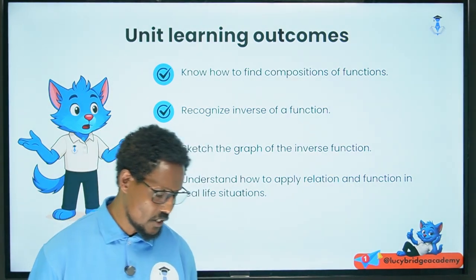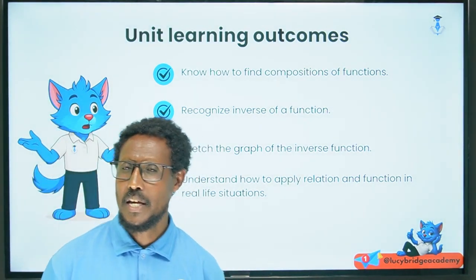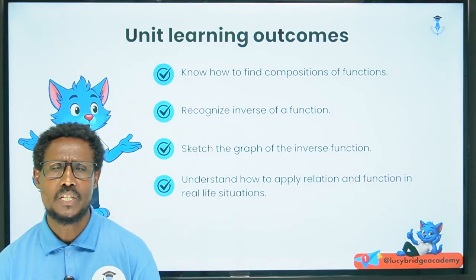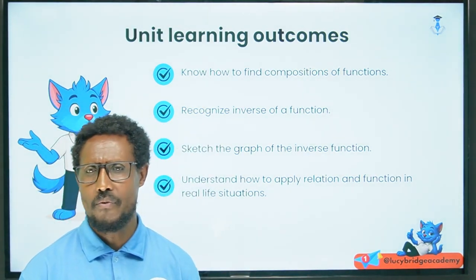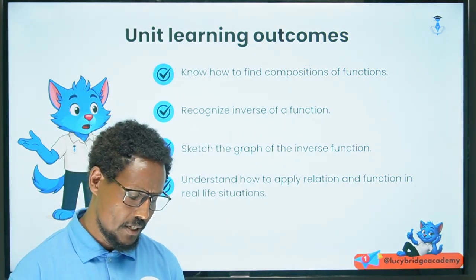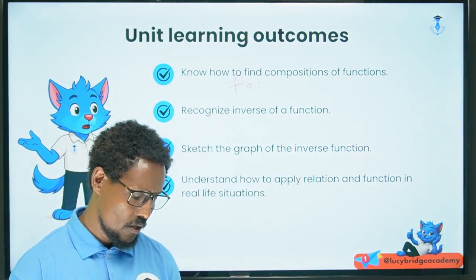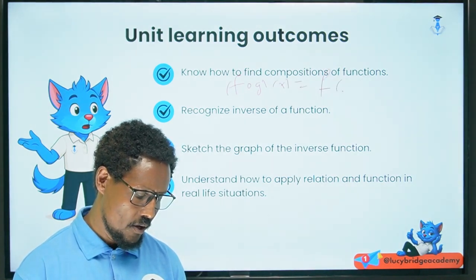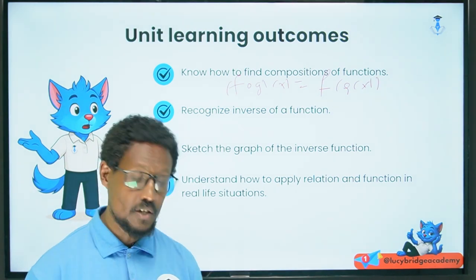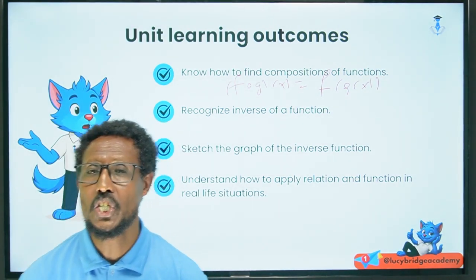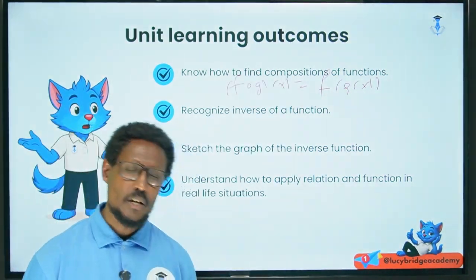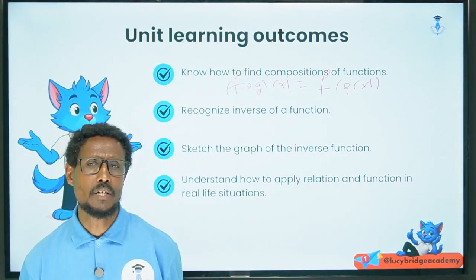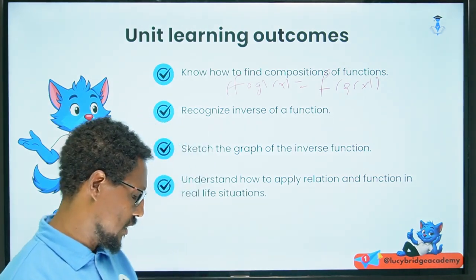Now how to find the composition of functions? Again we will see the composition of 2 or more functions. You know what composition means? f o g, g o f and so on. For example, f o g of x means f of g of x. This is a composition of f and g, f circle g. We call this composition of functions. We will compose different kinds of functions. We can take the composition of 2 or more functions.